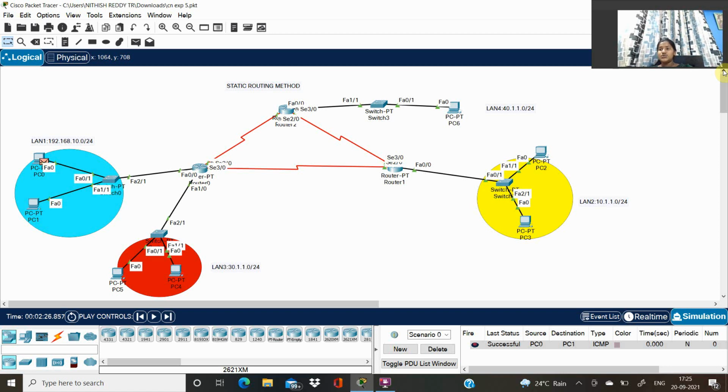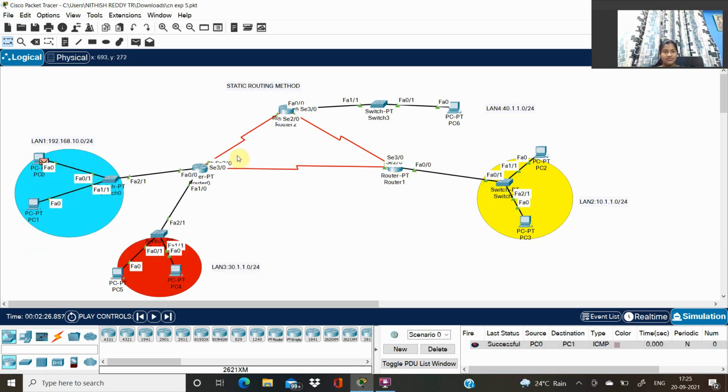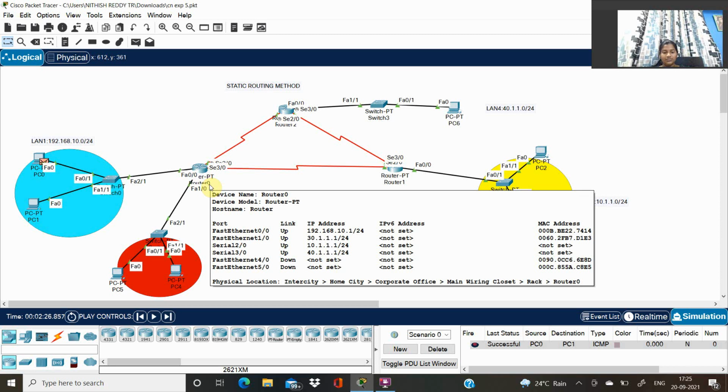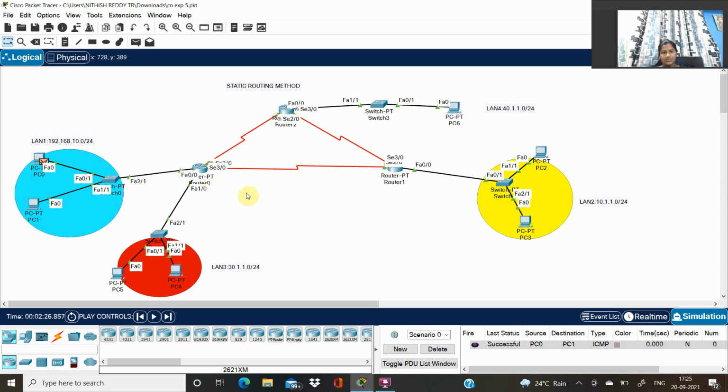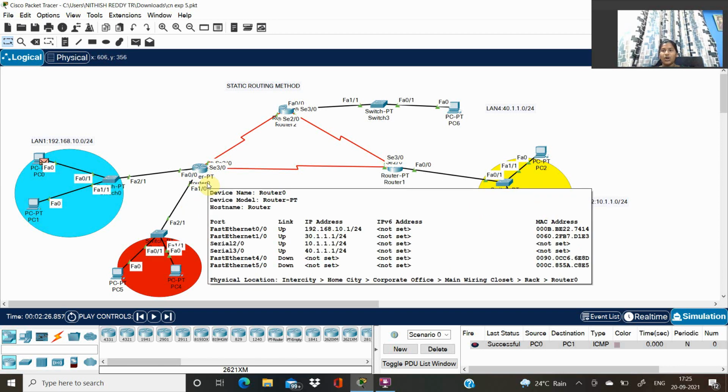Now let's do this process from LAN 1 to LAN 2. Let's do it and check. First we have to take our router. I already did the router configuration for router 0, so I'm not doing it again.